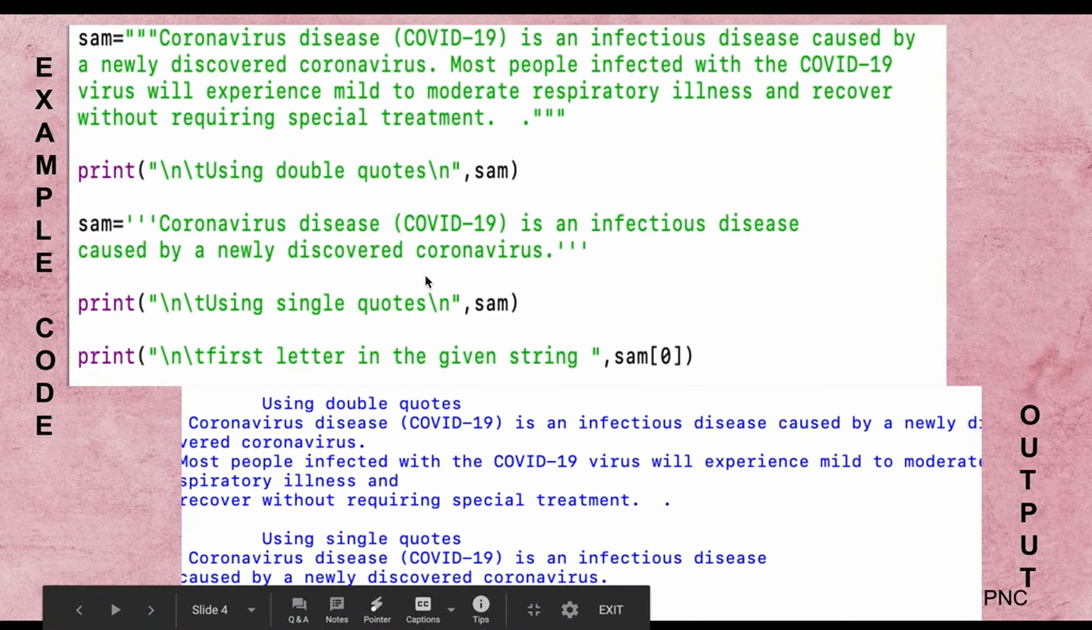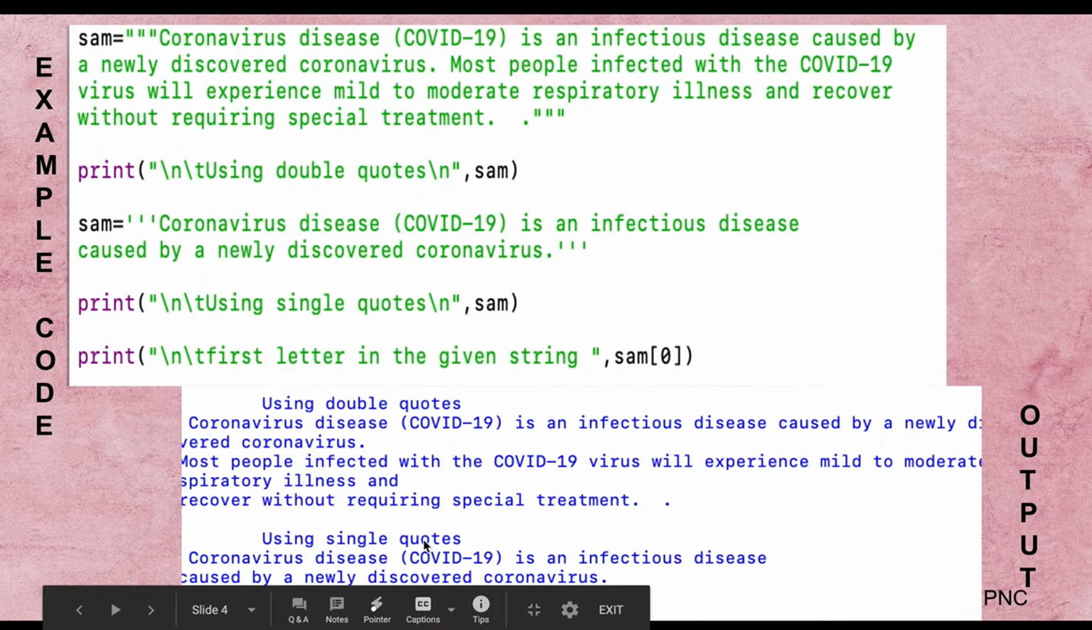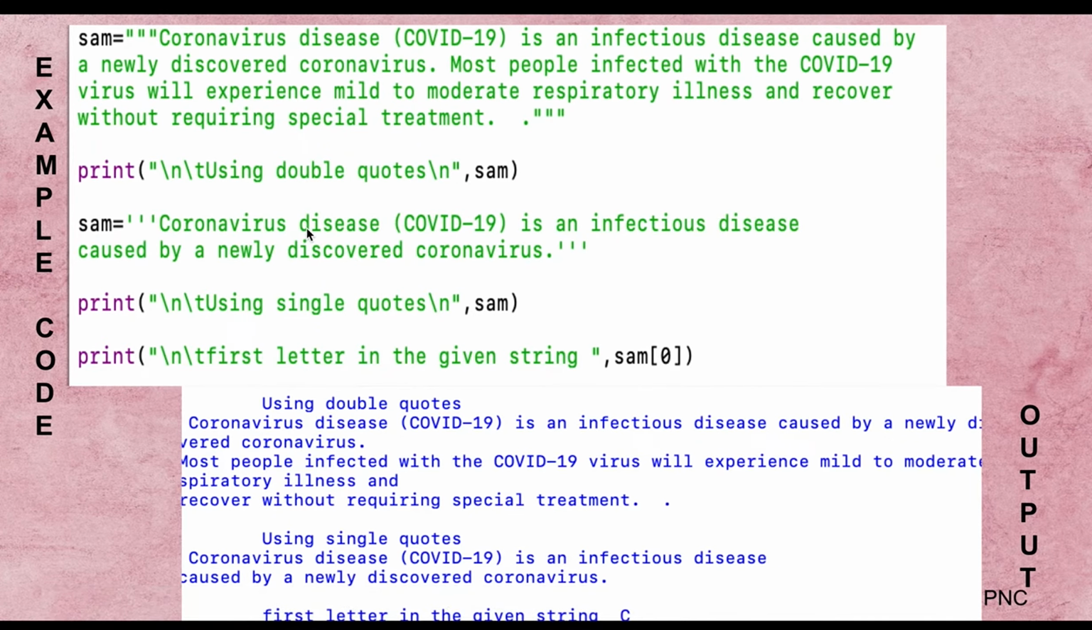Here you can see the example. I have used a multi-line string, and triple double quotes are used at the beginning and also at the end, and when I print it, it will be printed like this. And using single quotes,